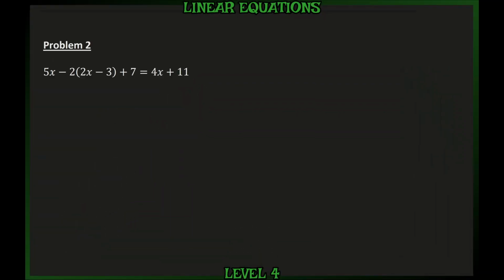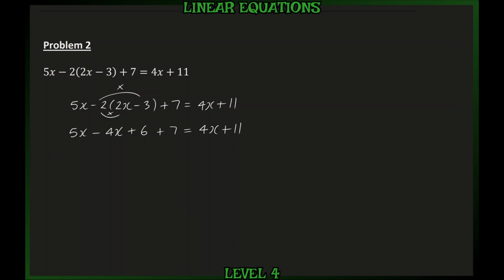In problem 2, we're solving the equation 5x minus 2 times (2x minus 3) plus 7 is equal to 4x plus 11. Since we have some brackets on the left hand side, we can start by expanding those. So the left side becomes 5x, minus 2 multiplied by 2x is minus 4x, and minus 2 multiplied by minus 3 is positive 6. We still have a plus 7 on that side,